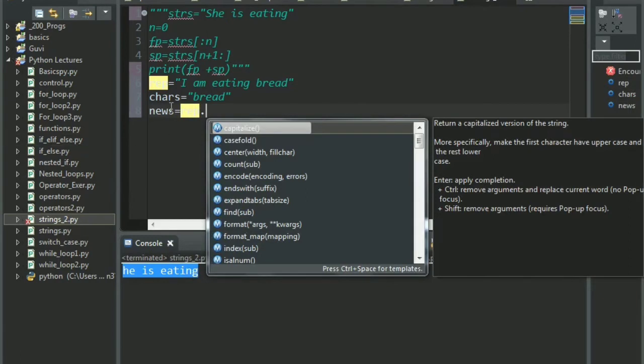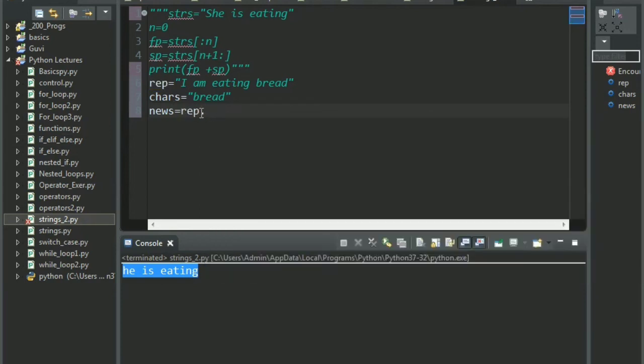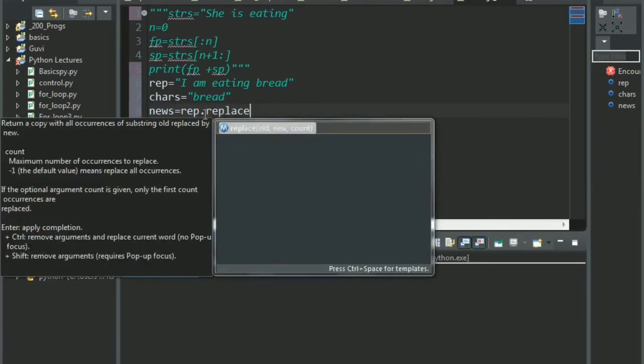So the sentence dot, see, that's a string, you get all the possible methods given to you. Then you give the function name, that is we are using replace here. See, you have your parameters given to you. You have old and then you have the new. The count is not necessary. Count is basically where you will be finding the occurrence, where you can find that exact letter or word.